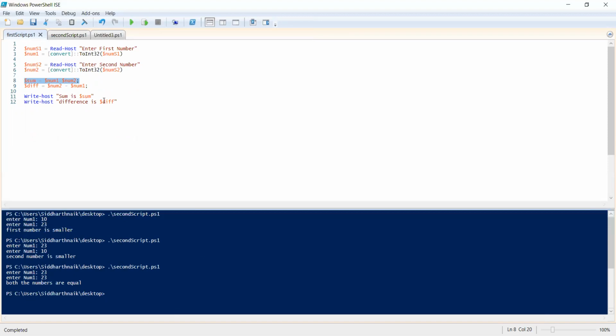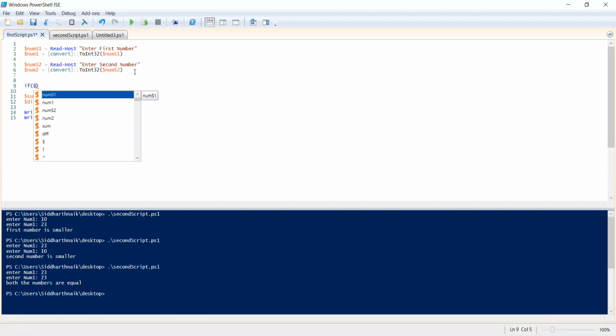We wrote the sum and the difference of the two numbers. Now, not necessarily we always know what is going to be the bigger number. Now, just to make it foolproof, what I can do is, after I get this, I'll say if